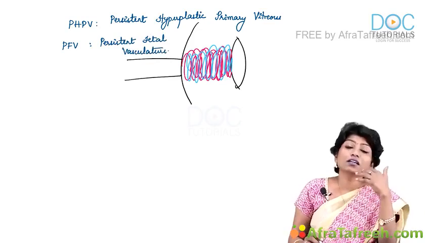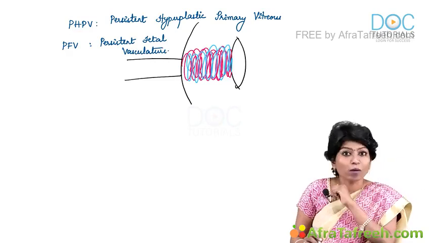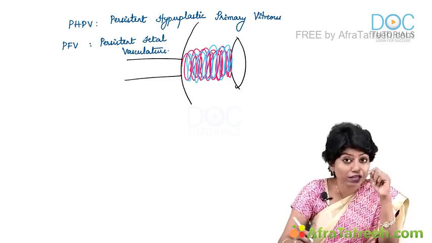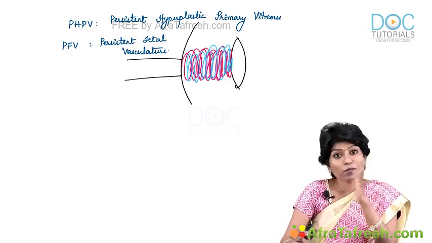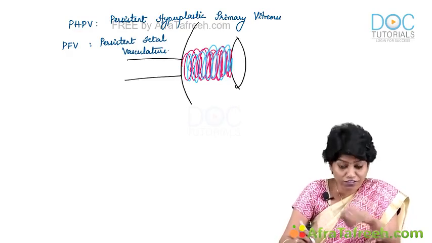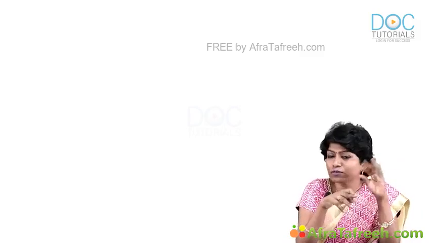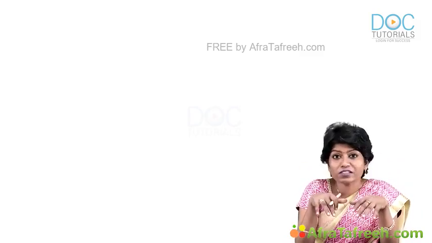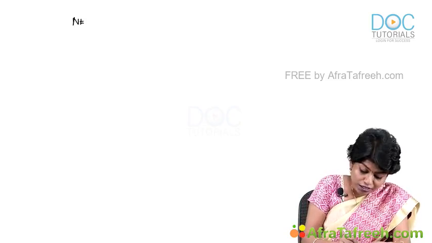So, these are all the normal remnants and the abnormal remnants of the primary vitreous or the hyaloid artery. About this PHPV, I will talk about it in vitreous. Okay. So, this is about mesoderm. Now, whatever is left goes under neural crest cell. Whatever we have not talked about. So, we know surface ectoderm 5, neuroectoderm 7 structures and 4 structures for your mesoderm. Anything that is left behind will go for neural crest cells,